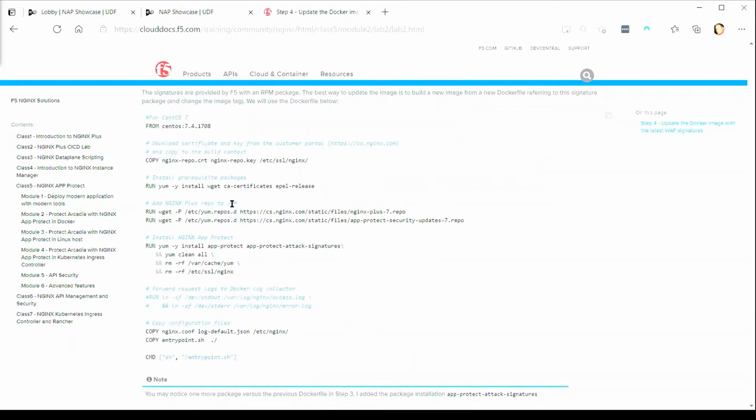In the repository part, we're also adding a repository for the security updates repository. And in the installation part, in addition to installing App Protect, which we did in the previous run as well, we're also installing App Protect attack signatures. So those 2 things are the only differences between this Docker file and the previous one.